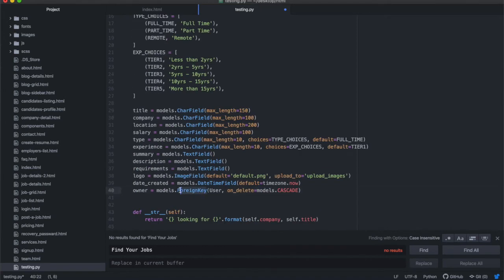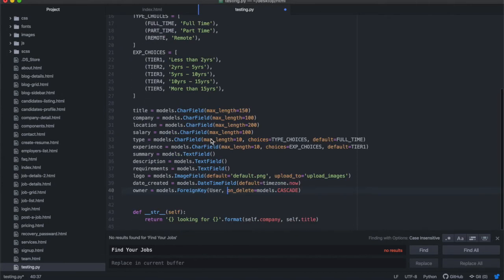And that foreign key allows you to then be able to input the entire class. So later on you will see that you'll be able to have access to all the variables that are inside that user class: user username, user first name, email, whatever it is that is inside that user, because that user is imported as an object. All right, so you're going to enter it there, and then it's very important to specify what happens, because when you created that relationship, you have to specify what happens now if that user that is related to this